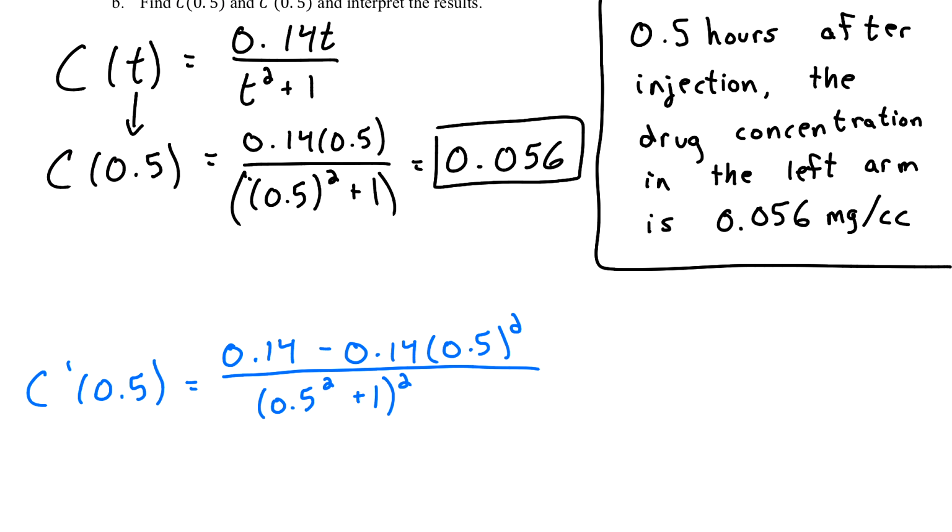Again, just be careful as you're typing this into your calculator. It's very easy to make a mistake. So 0.14 minus 0.14 times 0.5 squared divided by 0.5 squared plus 1 quantity squared. I ended up with